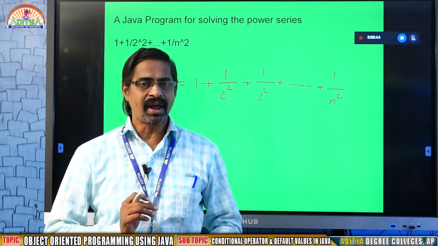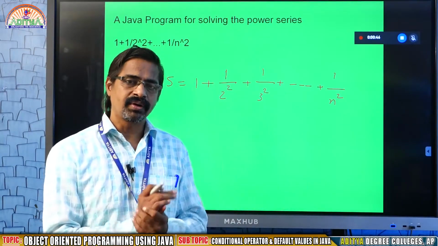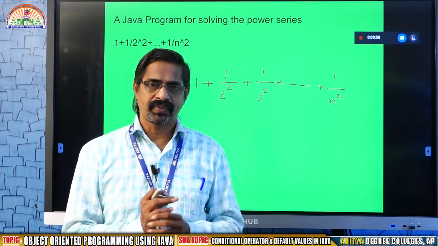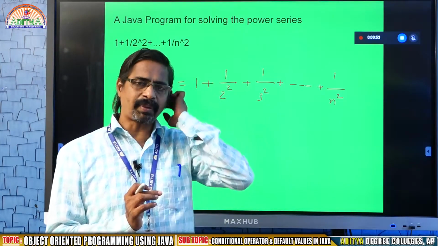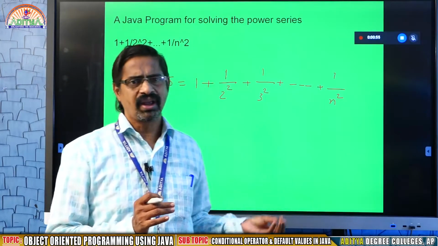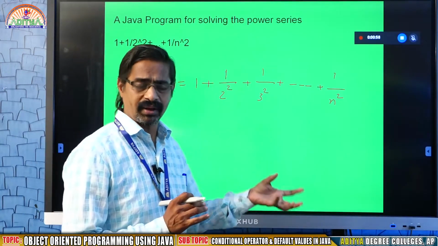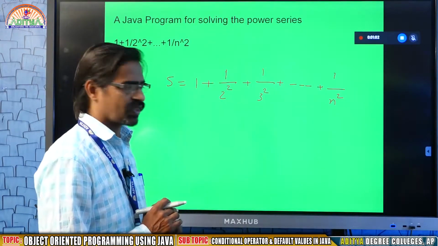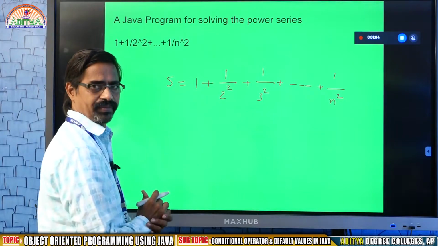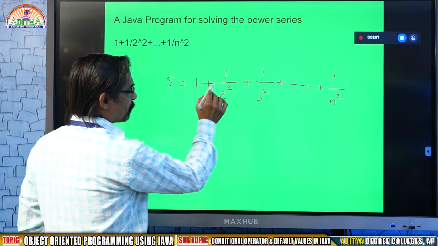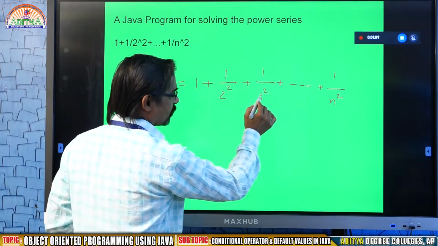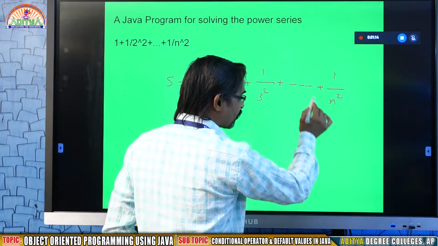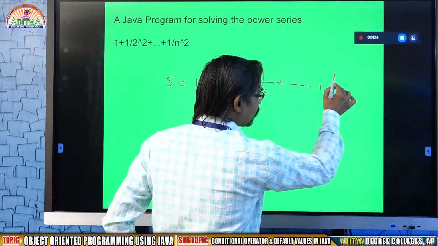And in this section, I am going to give you one topic, that is what is called series. The purpose of this series is that you may see it in many examples, how we are going to derive such type of series. For example, I want to find S. S equal to 1 plus 1 by 2 square plus 1 by 3 square plus 1 by 4 square plus 1 by 5 square plus 1 by 6 square plus up to 1 by n square.